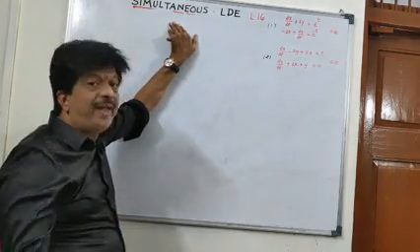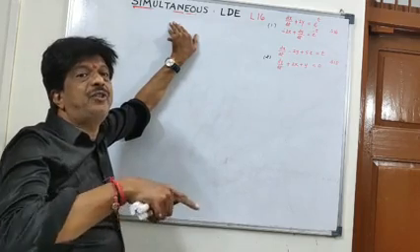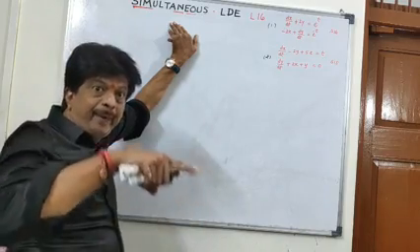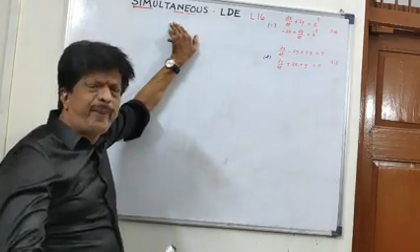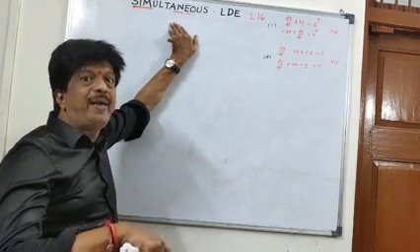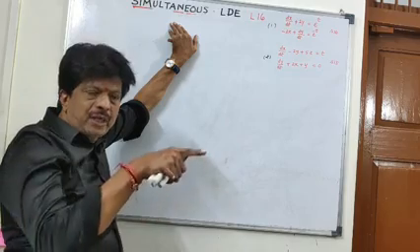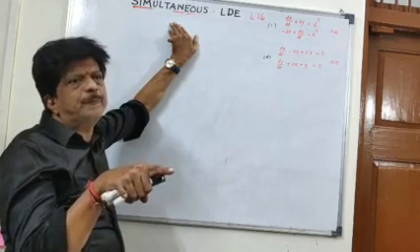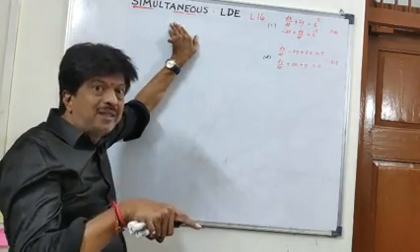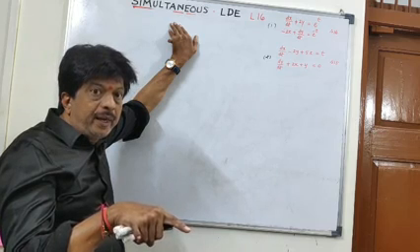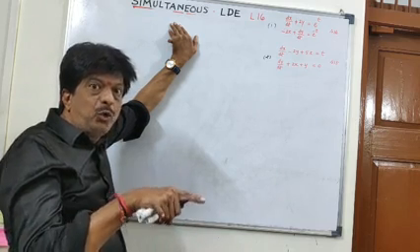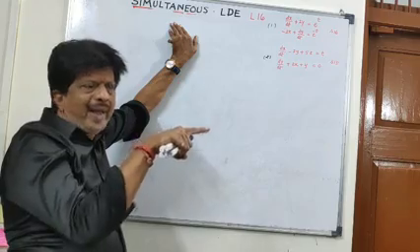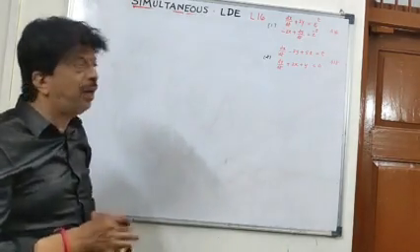Now, if there are more than one linear differential equations, it means more than one dependent variable. If there are two dependent variables and only one independent variable, then how to solve such a simultaneous system of linear differential equations? To solve this, we shall use the methodology of Cramer's rule. Cramer's rule, let me explain in a very short.